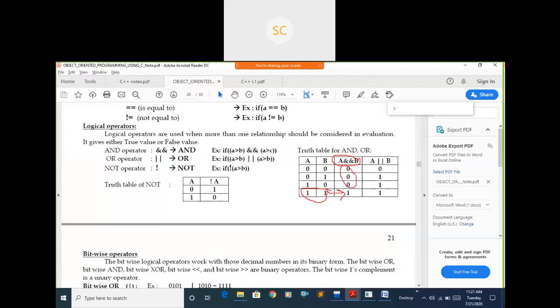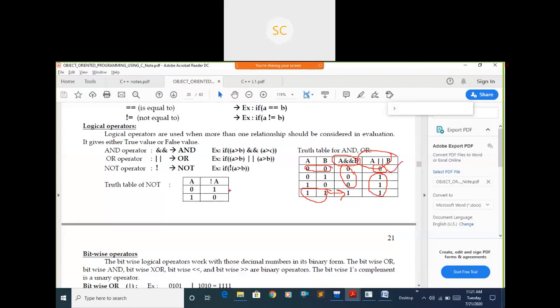In the same way, the OR operator: if both are false, it will become false, otherwise true. If any one expression is true, then it will become true. Only if both are false will it become false. Just remember this truth table.